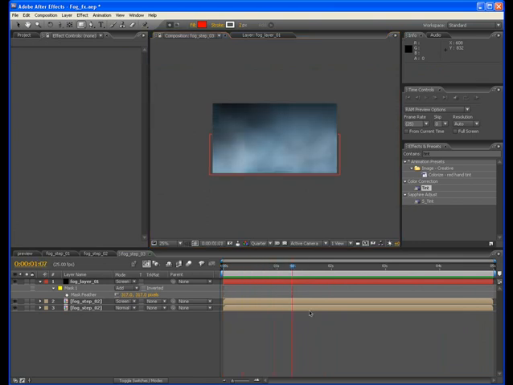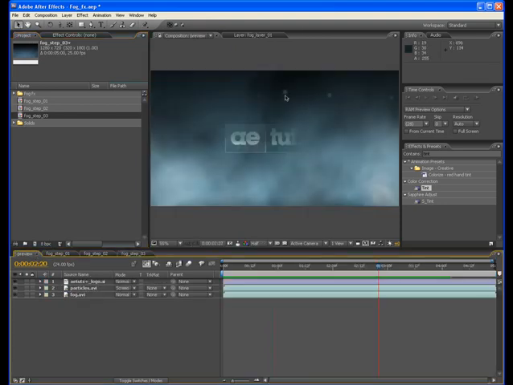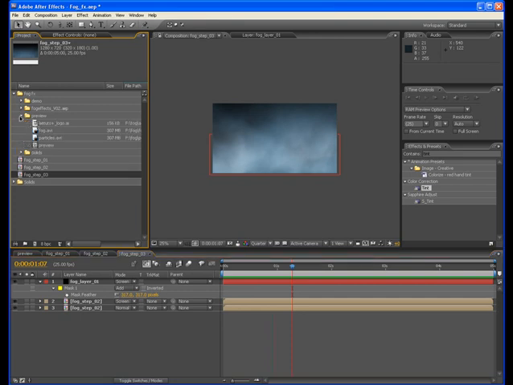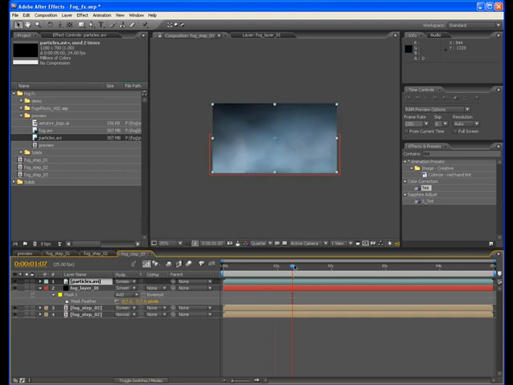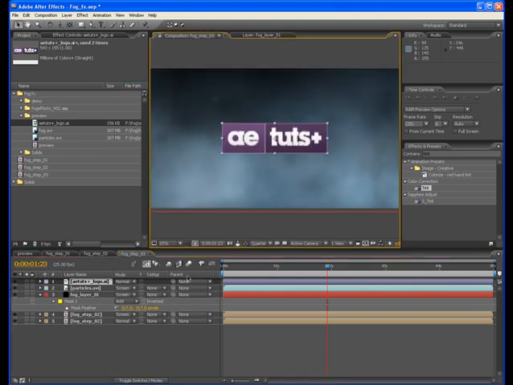Okay, so what else you can do is apply some text effects like what I did in the previous one, and also it has some particles. Okay, so I have already pre-rendered the particles here. So here is our preview and here is our particles, and just set this to screen. And also what you can do is put our 8 plus logo, and